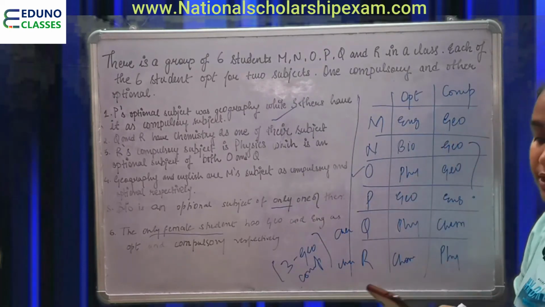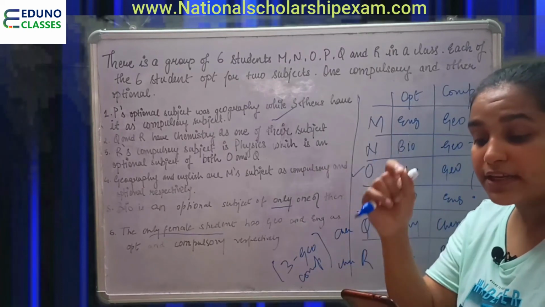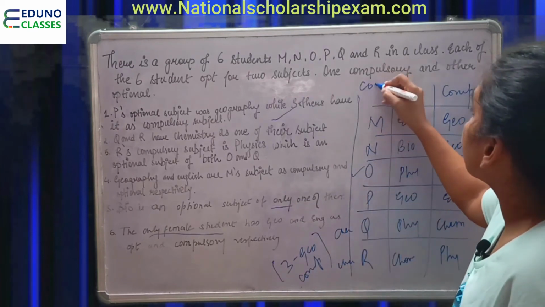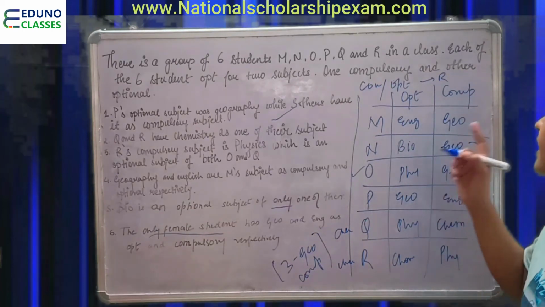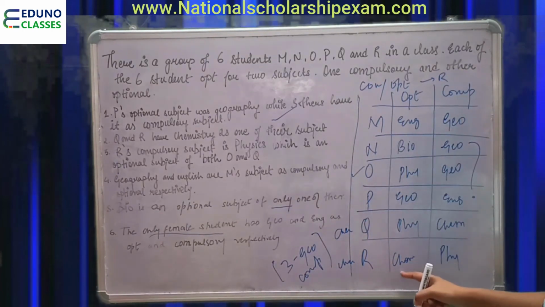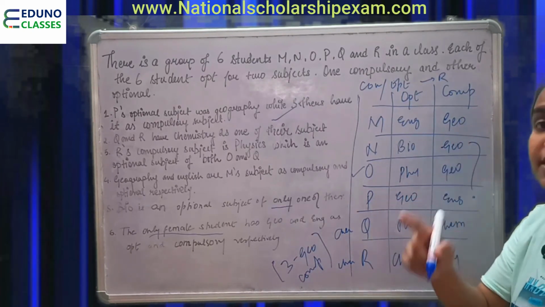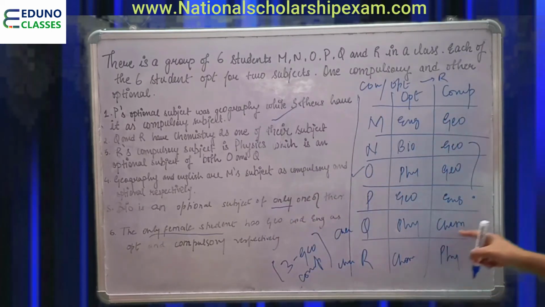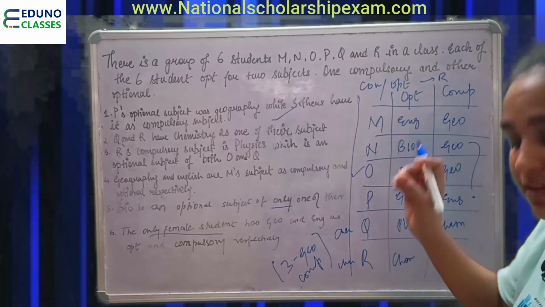Right? The third question they have is, which of the following have the same compulsory optional set as that of R? So where is R? Physics and chemistry, compulsory and optional. So who has physics and chemistry? Nobody has physics and chemistry as their compulsory and optional subject. Okay, we can see physics and chemistry. Do we have physics here? No. Then nobody has the same set as that of R.